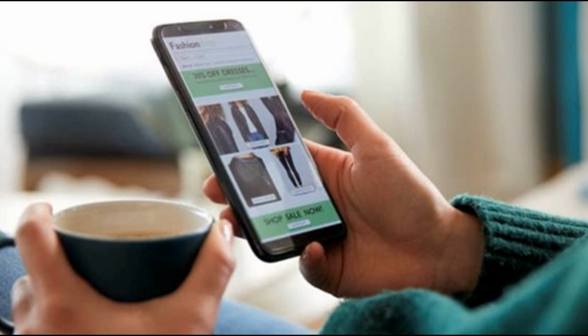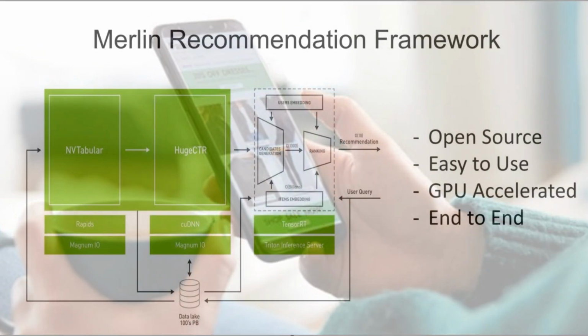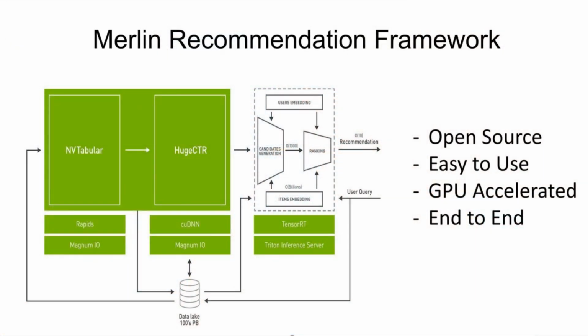Recommender systems play a critical role in driving user engagement on online platforms. A report from McKinsey attributed 35% of what consumers purchase on Amazon and 75% of what customers watch on Netflix to recommendation system algorithms. Our Merlin demo focuses on NVTabular for ETL, which means extract, transform, and load, a feature